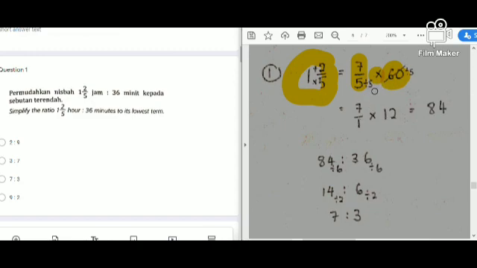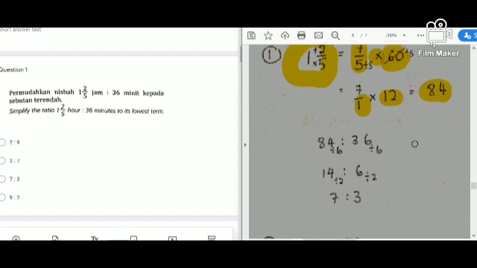5 divided by 5, you will get 1. 60 must also be divided by 5, so you will get 12. So now all you need to do is 7 multiplied by 12. You will get 84. Then after you have changed it to the same unit, now you can write it in the correct ratio, which is 1 2/5 hours, which you have changed to 84 minutes,